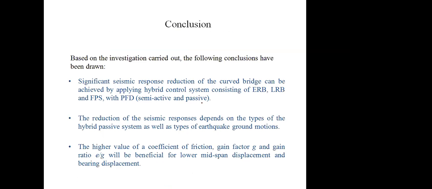So again we can have the conclusion: it is actually specifically for curved bridges. And in case of other structures also, you have to optimize this by using different parameters. Okay, so these are a few new dampers which are utilized by researchers nowadays for doing research.